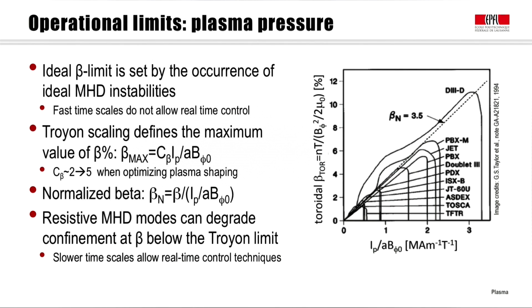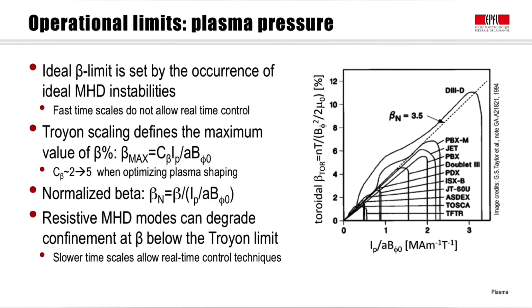Now, if we collect data from many experiments, as shown in this graph here, for many different machines, we find that there is in fact a scaling between the maximum value of beta in percent and the ratio between the plasma current IP, the minor radius A, and the toroidal magnetic field on axis B phi naught. If you look at this graph, where we have the toroidal beta plotted as a function of IP over A B phi naught, the different machines are basically all aligned under this dotted line that corresponds to a value